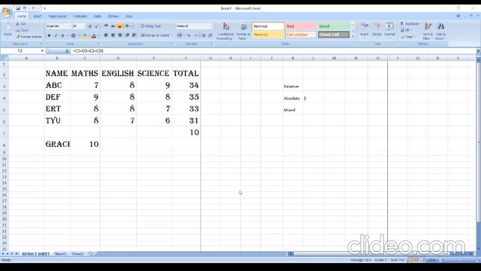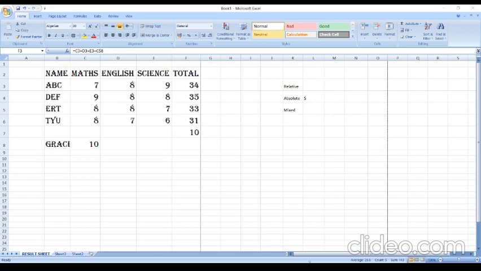That means in absolute both are fixed, so whenever you copy and paste, the cell address will not change. But mixed reference is a combination of relative as well as absolute, in which either the row or the column, one thing remains fixed. I think reference is clear to you. You have three types: relative, absolute and mixed. Relative reference, which we use by default. Absolute, where we put a dollar sign, which means that is fixed. Mixed means when either the row is fixed or the column is fixed.